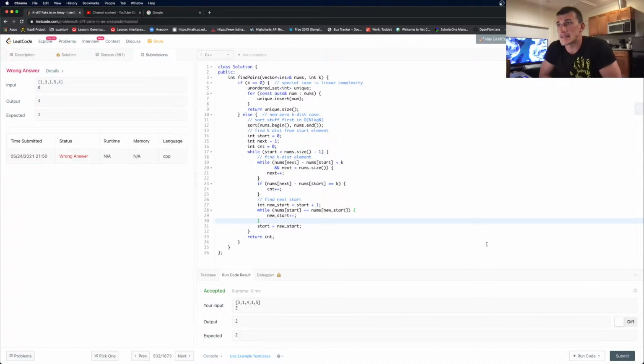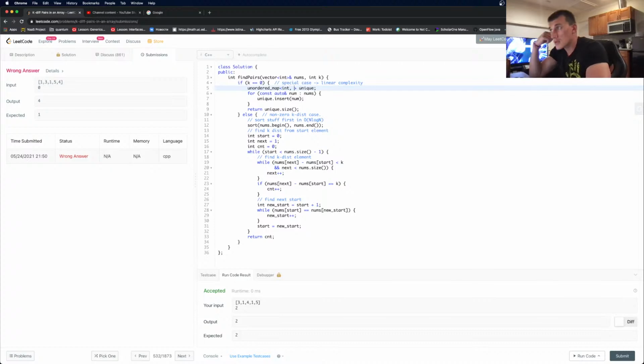So if the distance is 0, you technically need to find not the number of unique elements, you need to find the number of pairs. So unique pairs means if we have at least 2 ones, then we have 1 pair. If you have at least 2 twos, then we have 1 pair. So in this case, it will be an ordered map. I would say, let's have an int and maybe a boolean to say